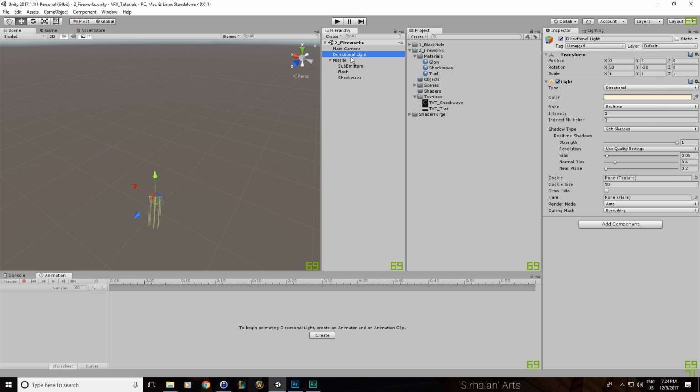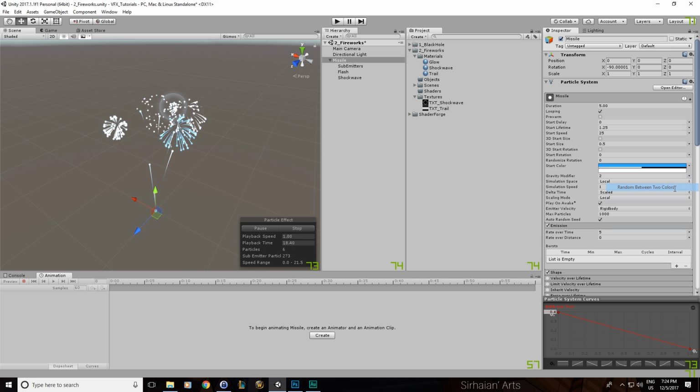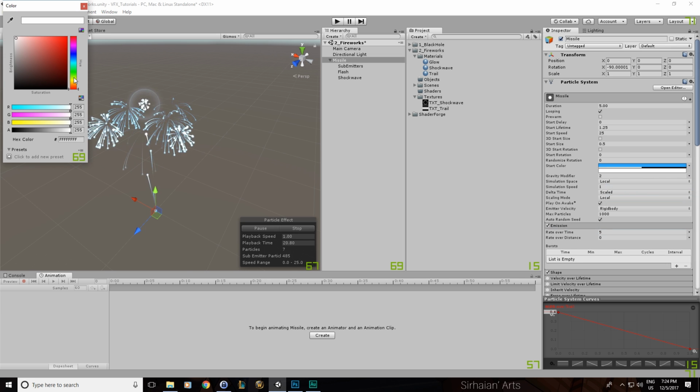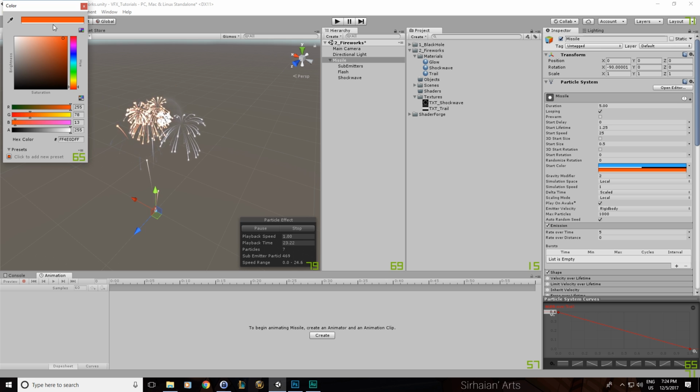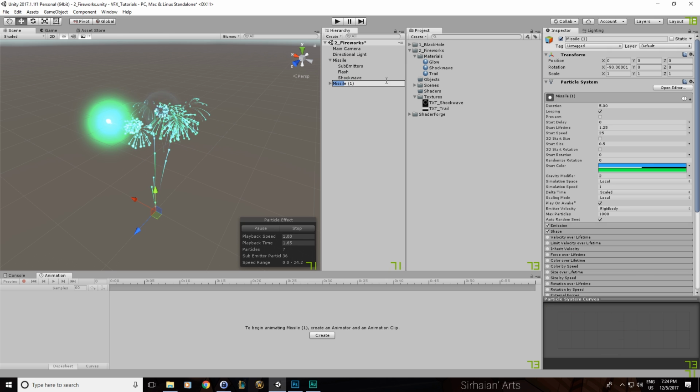Okay, and now, if you would just want to have this one spawn a lot of fireworks, I mean, you can just have it like this, with rate over time. And here you have your party. And if you don't want all your fireworks to look the same, you can just change the main color here of your missile. Have some red, or maybe some greens. And what you can even do is duplicate this,